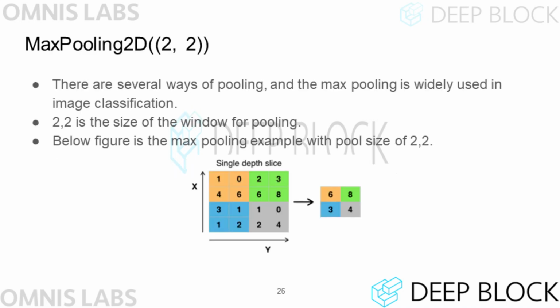As mentioned earlier, there are several pooling methods. Among them, max pooling is a method of passing the largest value of a slice to the next layer. In the code, the size of the slice is 2 by 2, and the max pooling 2D layer was used because a two-dimensional image was input. And the activation function is not utilized in the pooling layer.